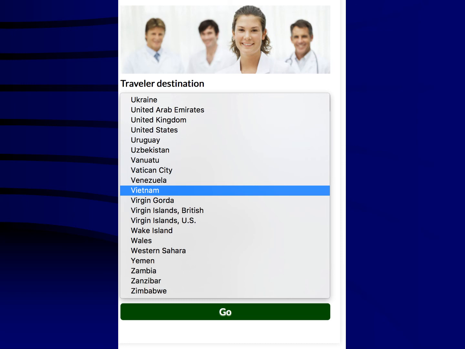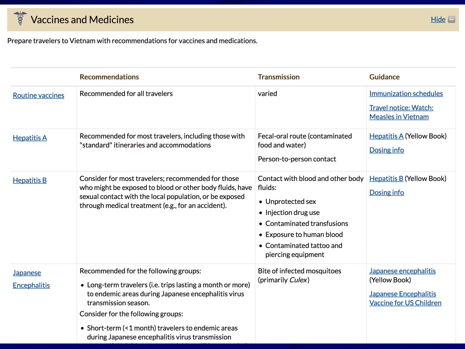So again, the second part of your question is what vaccinations are required to travel to Saigon for someone who's going to be in the city for over 1 month. So I go to travelers information and I choose destinations, and then I choose Vietnam. Once I choose Vietnam, I will get a website up that shows me some vaccinations that are required for travel to Vietnam. So I can see there routine vaccinations and then hepatitis A and B,